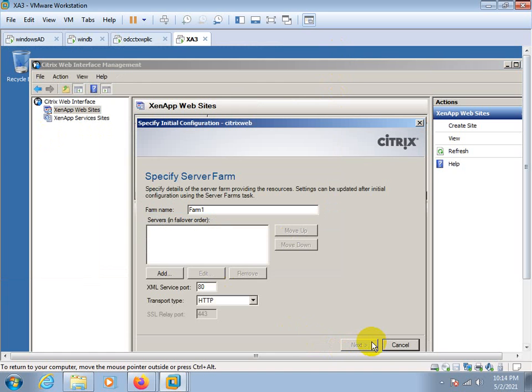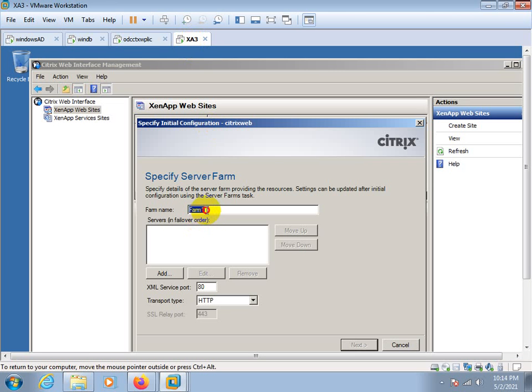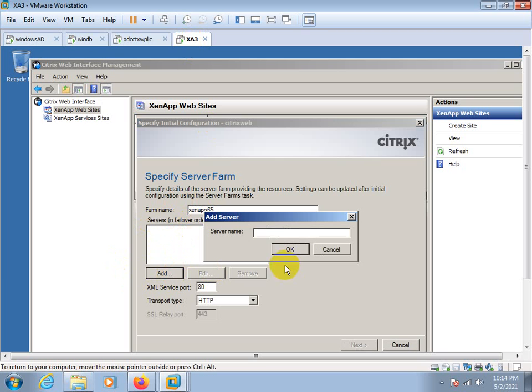Next, it's asking for the server farm. What is the name of the server farm? XenApp 65. So I need to put the server farm over here, XenApp 65. Server in the failover order, only one server is the XA3.